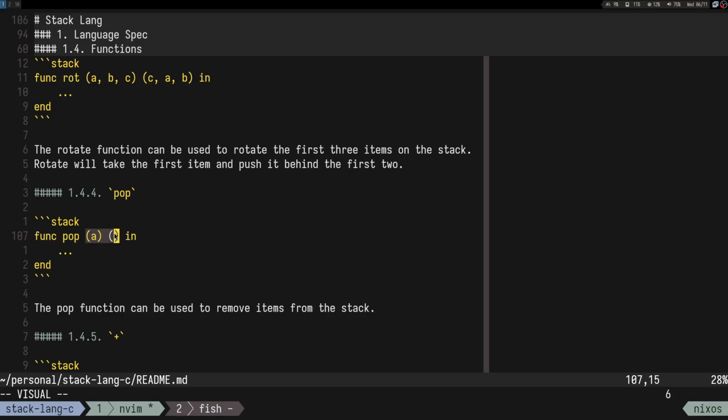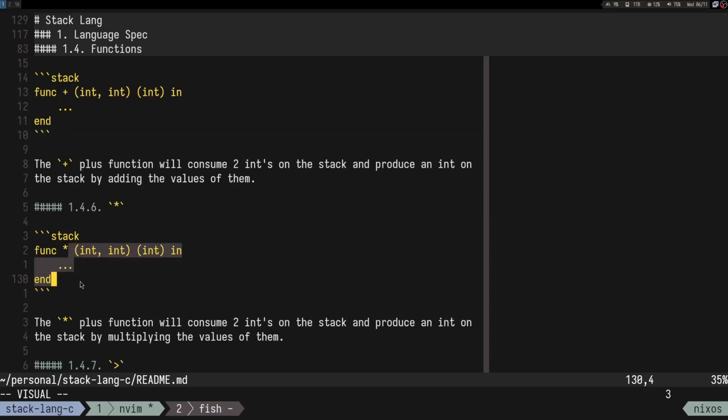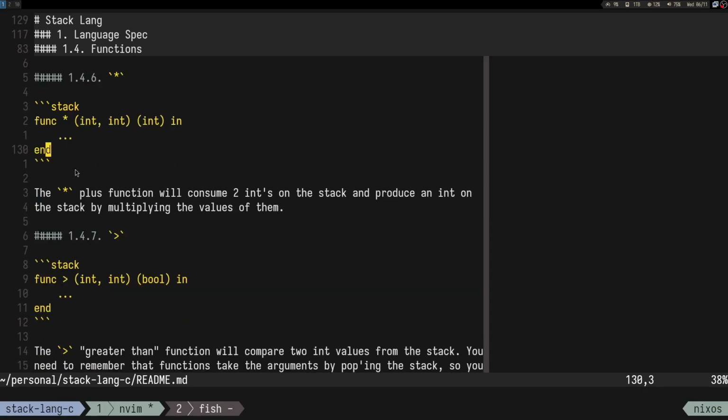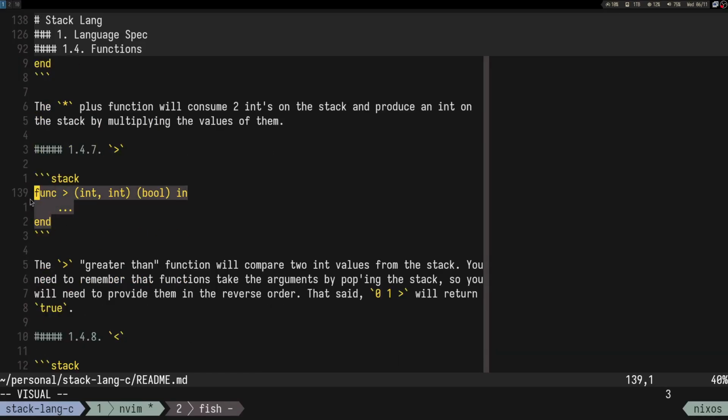So yeah, pop function will be useful for if statements or for while loops, if we are going to have while loops. I'm not sure yet, but they are pretty similar to if, so probably it makes sense, right, to avoid the recursive approach. Like if you want to implement it recursively, you do it with recursion. If you want to use while loops, you use while loops, so why not? Then we have some math functions. I still have to add subtract and division. Didn't really need them, so skip them. Then we have greater than, and